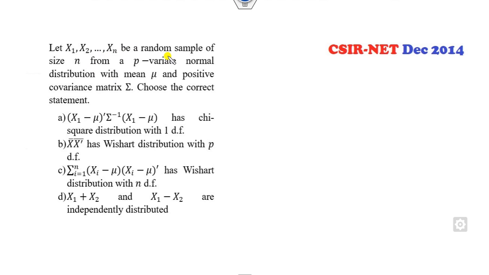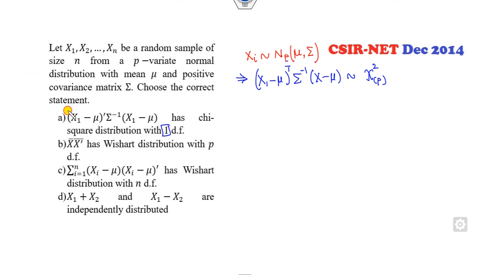Okay, look at this one. If x_i follows the normal distribution with p variates, mean mu, and variance-covariance matrix sigma, with a positive definite sigma, which of the following is true? So what is that? (x_1 minus mu) transpose sigma inverse (x_1 minus mu) will follow a chi-square distribution with degrees of freedom p, but the first question said 1 degree of freedom. x bar